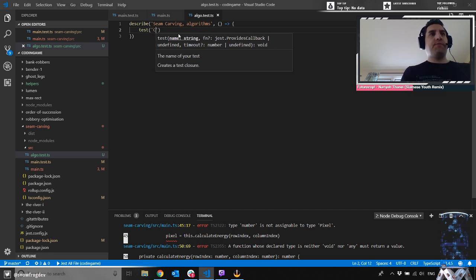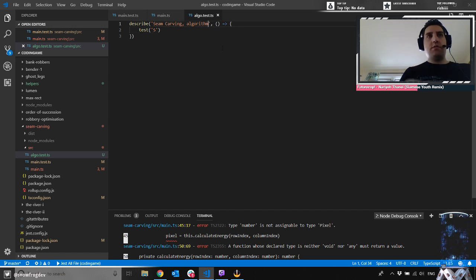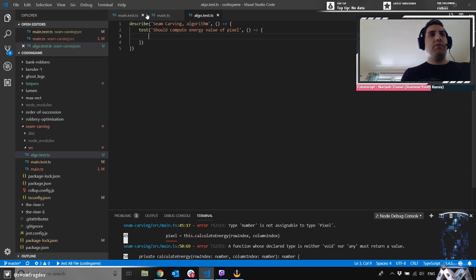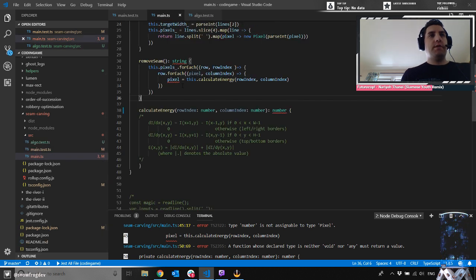Calculate energy. Calculate. How about that? Should compute energy value of pixel. Might change the description later on because I'm not even sure what I'm going to get this to do. But we do know that we are passing in